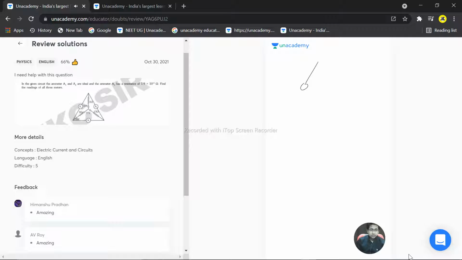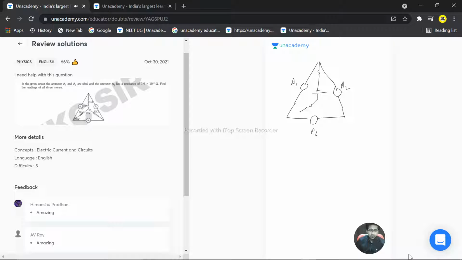So that's the first ammeter, and that is the next ammeter we have. Further, we have an ammeter over here as well. So this is ammeter number A1, A2, and A3. This is A1, this is A2, this is A3, and we have the resistors attached over here like this.